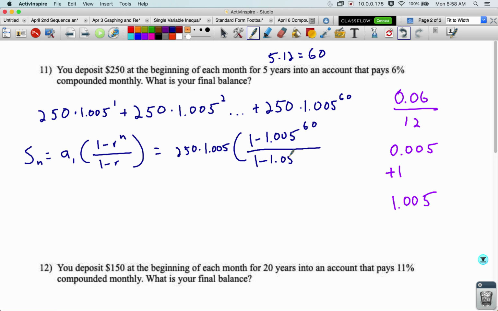And this goes on the bottom as well. So 0.005. And this can be plugged into your calculator. Now when I plug this into my calculator, I add separate parentheses around the top and the bottom, even though that's implied by the fraction. That's an easy spot to make a mistake. So I've got my 250 times 1.005, that gets me 251.25, so that's how much the very last deposit is now worth. Multiplying that by parentheses 1 minus 1.005 to the power of 60, close parentheses, divided by 1 minus 1.005. And I get